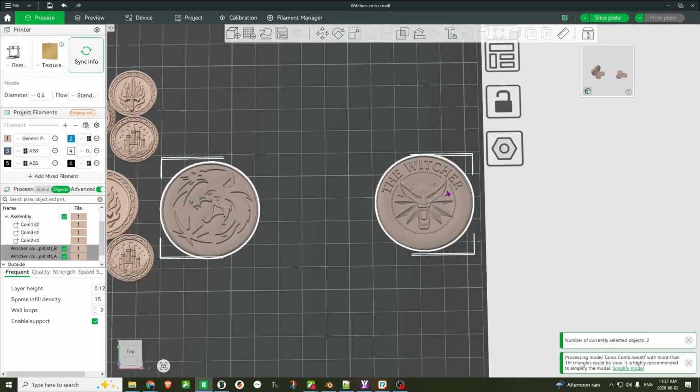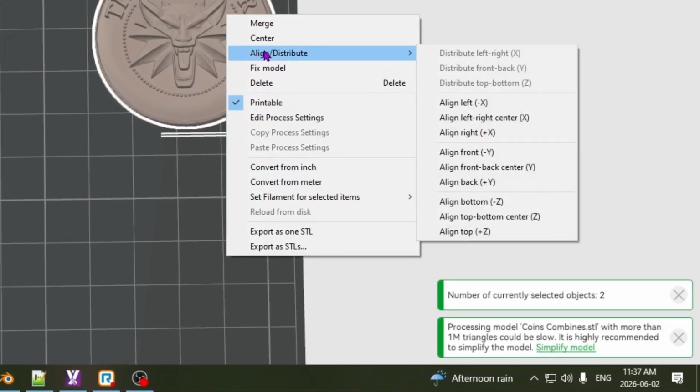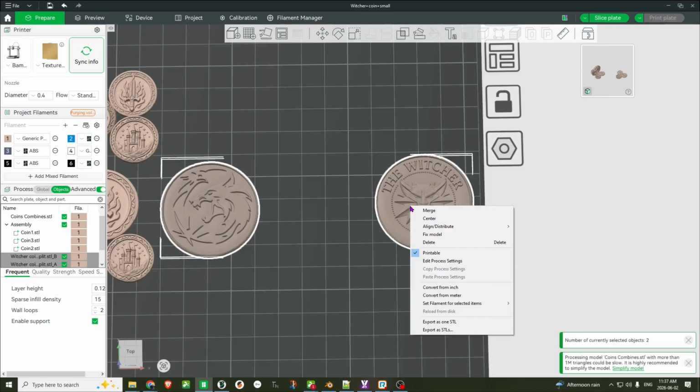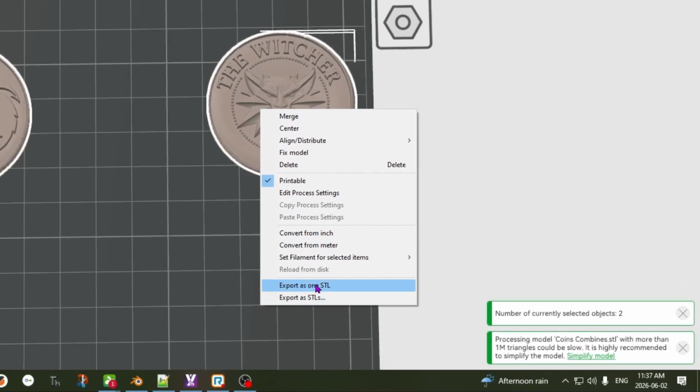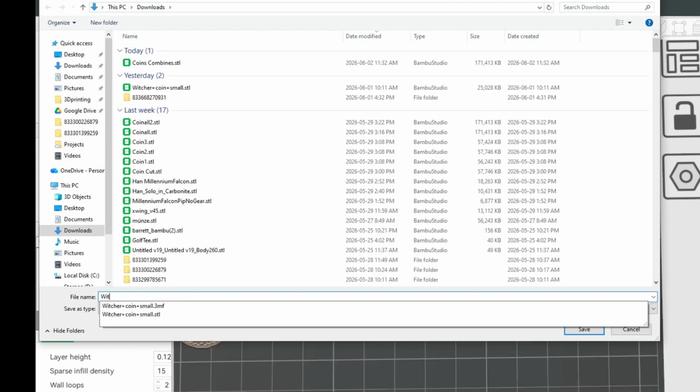I can, again, hold Control, click on both of them, right click, and I can even do something like align. Let's say I wanted to carve this into the top piece of a project, but I want them to be aligned, so top and bottom centered. There we go. So now they're centered this way, so they're in line with each other. So again, if I hold Control, click on both, right click, I can say export as one STL and